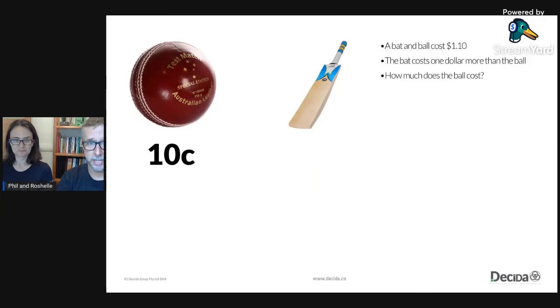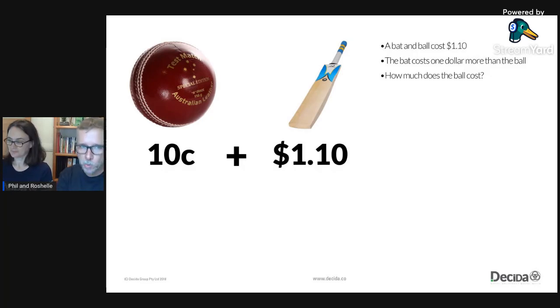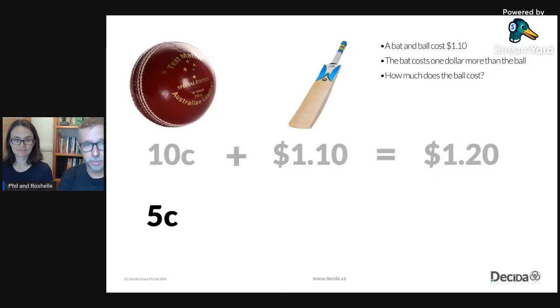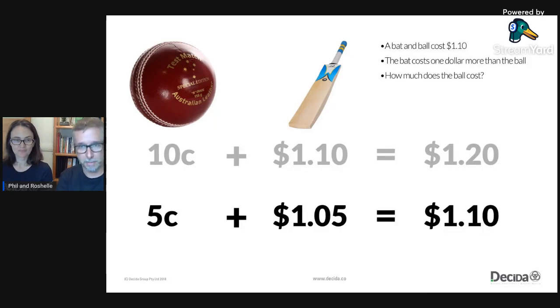Most people say 10 cents. Makes sense. Bat and ball costs $1.10. Bat $1, 10 cents. Okay. The reality is, when you think about this more rationally, if the ball cost 10 cents and the bat costs $1 more than the ball, then the bat would cost $1.10, which means it would be $1.20 all up, right? So rationally, you go, okay, the ball has to cost 5 cents in order for the bat to cost $1.05, in order for the bat and the ball to cost $1.10. And this makes sense. We literally argued about this the first time we did it.